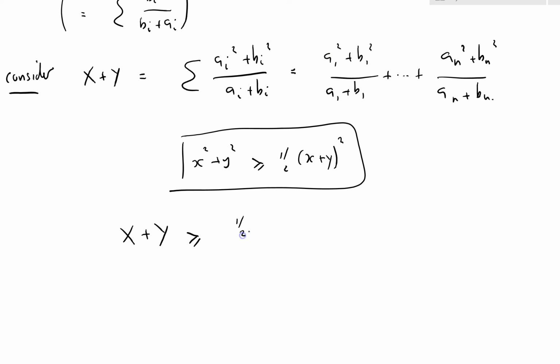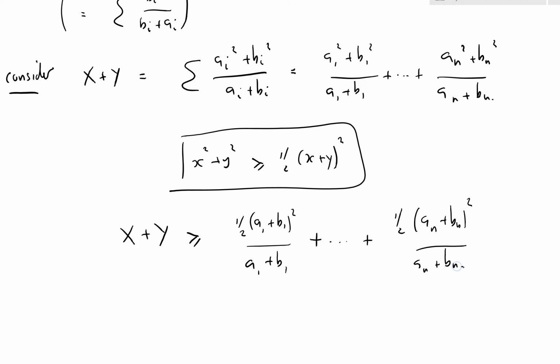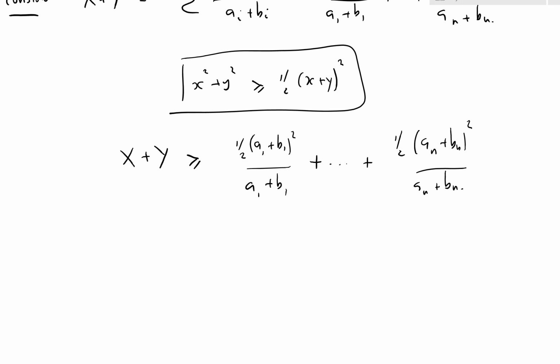It's going to be a half a1 plus b1 squared over a1 plus b1 from this term here, plus dot dot dot, plus a half an plus bn squared over an plus bn. And of course everything cancels out because a's and b's are strictly positive. Equals a half, I may as well take the half out,